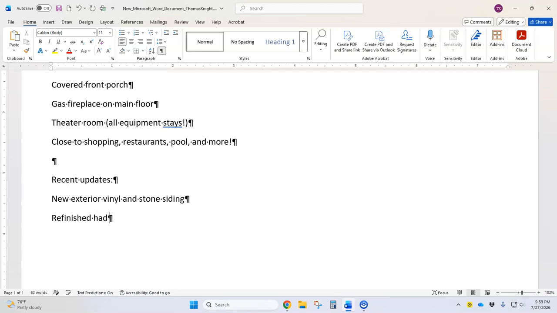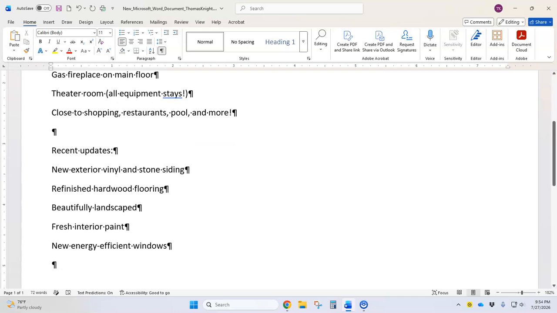Refinish hardwood flooring, enter. Beautifully landscaped, enter. Fresh interior paint, enter. New energy efficient windows, enter. And then we'll go ahead and type a line that will end up going at the bottom of